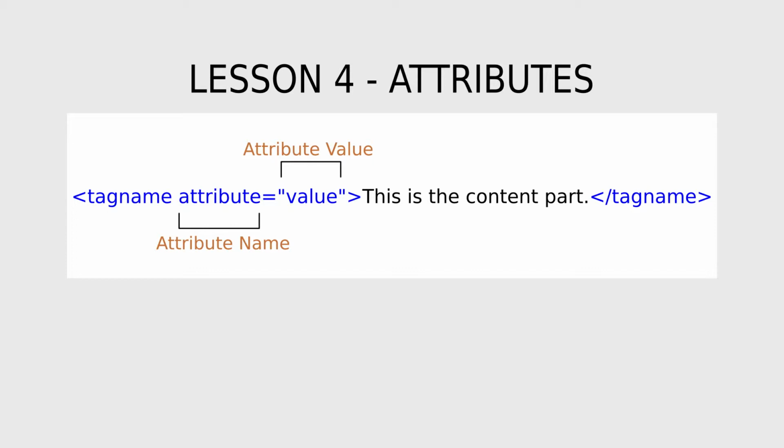The attribute must be placed right after the element name inside the opening tag. If there are more than one attribute, they should be separated by space. Usually, the format for including an attribute is by specifying the attribute name, followed by an equal to symbol, followed by a value enclosed within quotes. You can use either single or double quotes for quoting values in attributes.